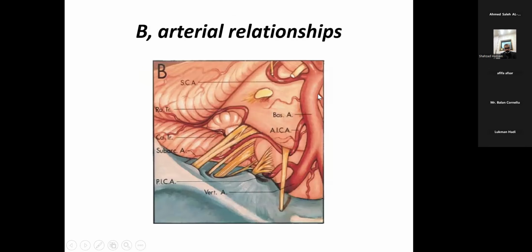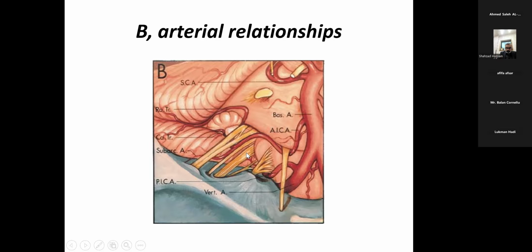And these are the arterial relationships, again, anterior superior view. So this is the basilar artery. These are the two vertebrals which join to form a confluence, the basilar, which runs over the anterior surface of the pons. AICA, either arising as a branch of the basilar or sometimes as a branch of the vertebral, tends to loop inferiorly, then superiorly takes a caudal turn and forms a rostral and a caudal trunk before it terminates to supply the middle cerebellar peduncle and the petrosal surface. Again, it is present usually in between the 7th, 8th nerve complex. Sometimes the origin of the nerve can be disturbed and irritated by a rostral root of the AICA.